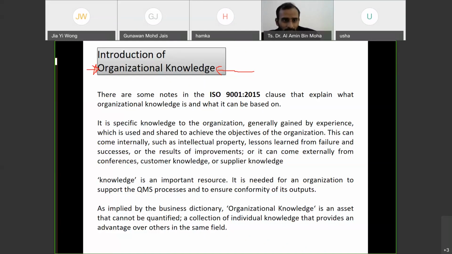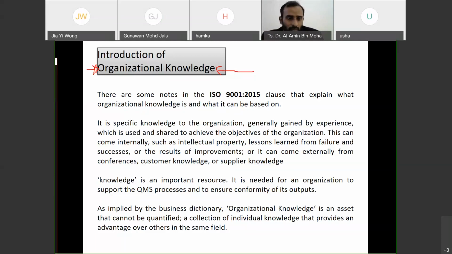Okay, anyone else? The intellectual property filed by the company. Okay, yes, thank you, Jia. So it's intellectual property, but before it reached the intellectual property level, it should start small somewhere, right? Before they can identify that's the IP for the company before they file, you have your fundamental element down there. Okay, so that's the knowledge.